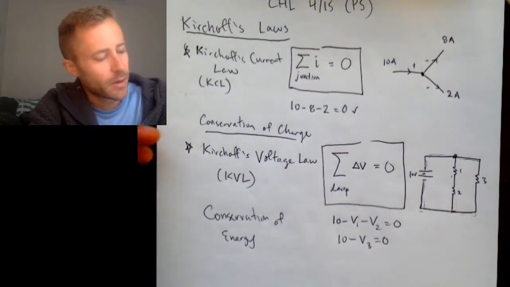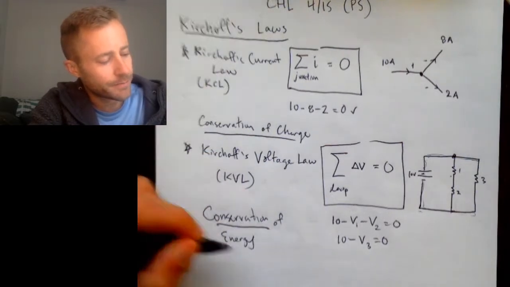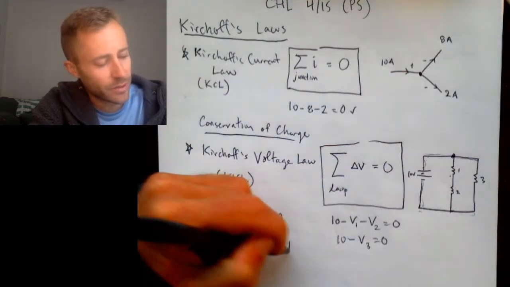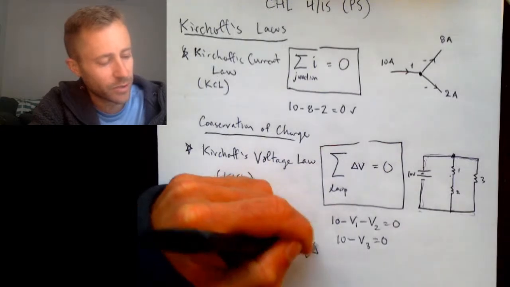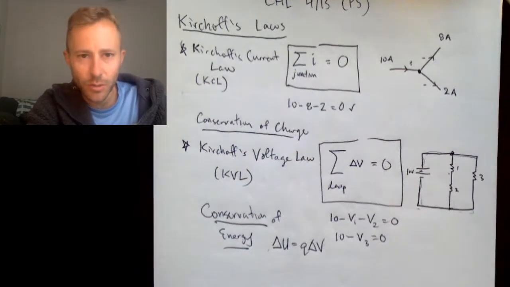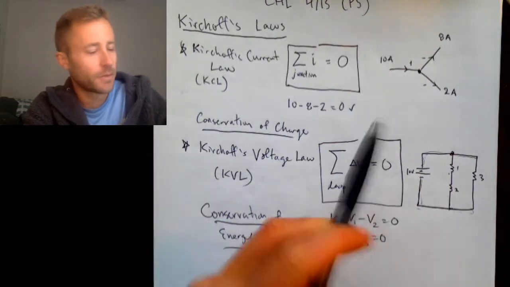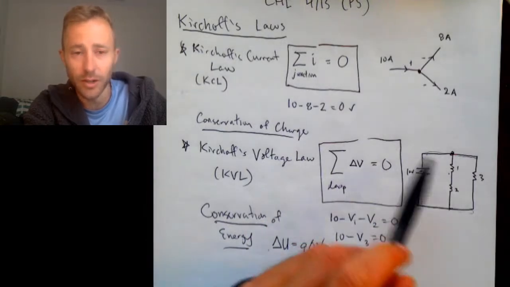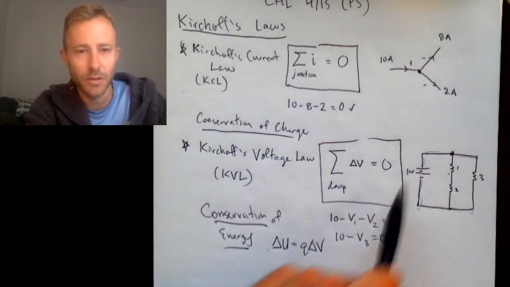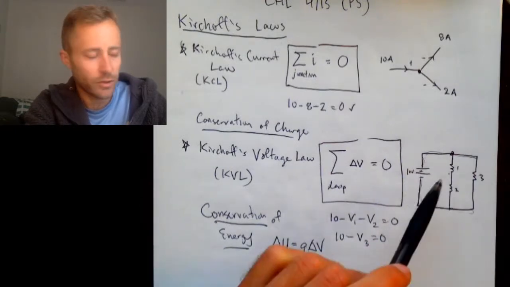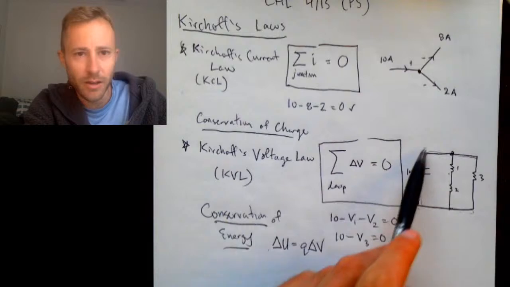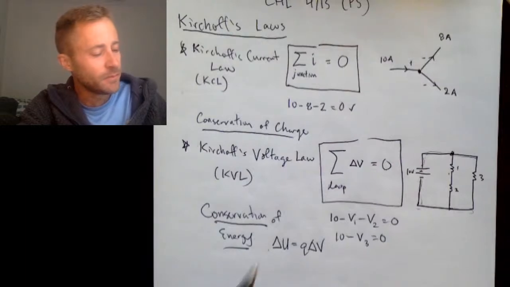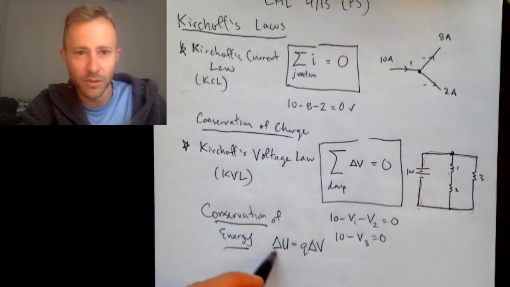All right. Because as we know, the change in potential energy is equal to the amount of charge times the change in voltage. So imagine that you were an electron that is going around this circuit, and you're doing loops, right? These electrons are basically doing laps around the circuit. And if you made it completely around the circuit, then you had better have delta U equals 0,